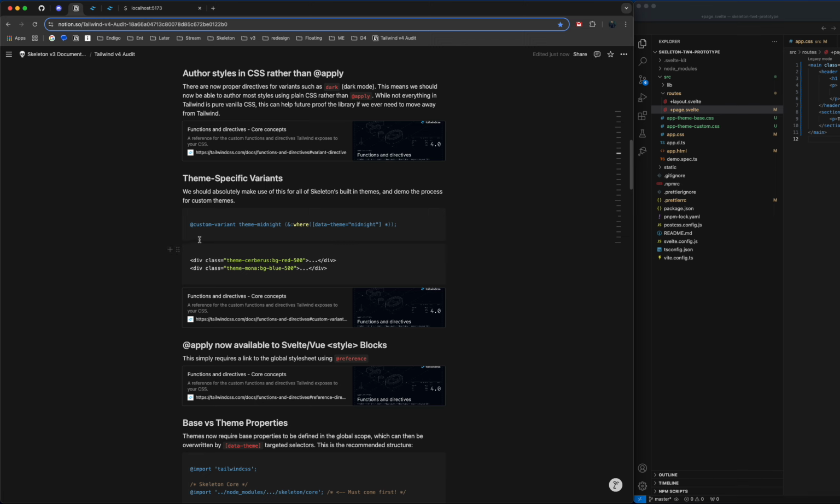The other cool thing is that they obviously still provide the means to define your own custom variants. Variants are the things that you typically see, like hover with the little colon in the middle. It says, hey, when it's in this state, then the style will apply. They give an example of how to do that against a particular theme, like a data theme. So here's an example of how we could use that. When the theme is in place, then we can make the background red, or with Mona, it's this. I was already starting to document some of that in our docs,